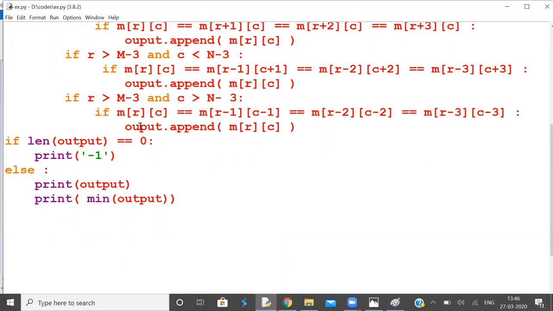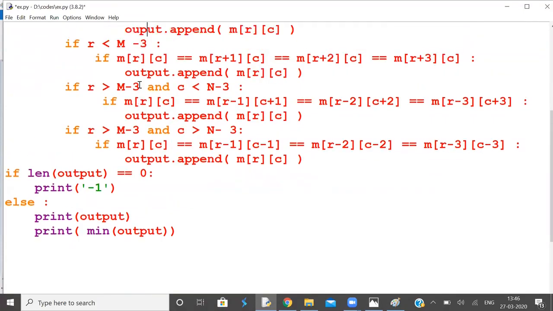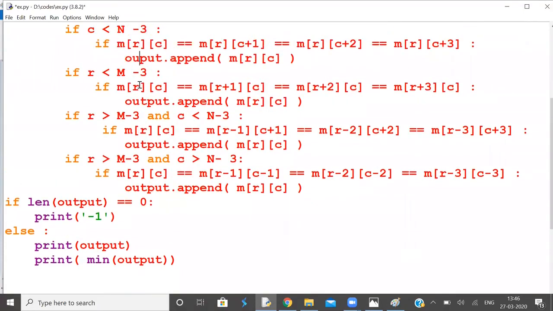This is output. This is output. This is output. And this is output as well. Okay. Now,